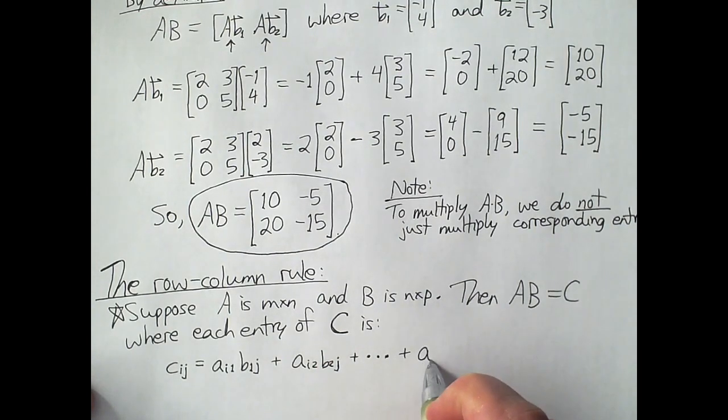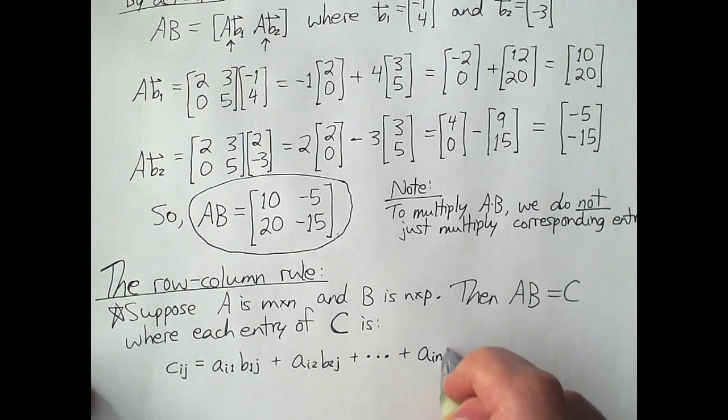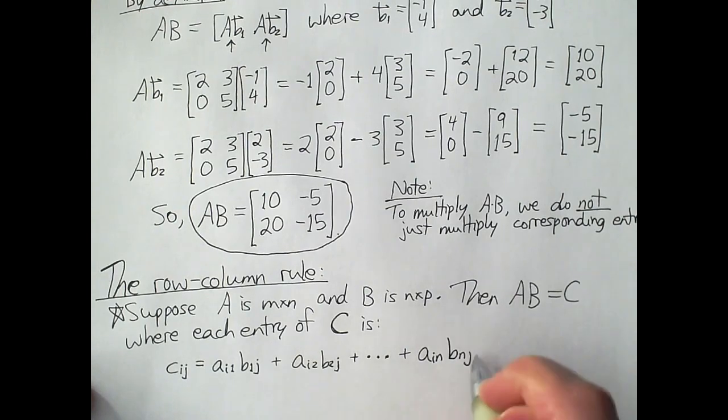all the way up to, well, how far do we need to go? You notice that both of these had A_i something, B something j. So this is going to be A_i something, B something j. We have to go all the way up to n. That's how many of them there are. And I'll just say note,